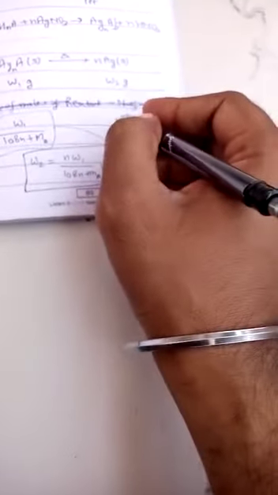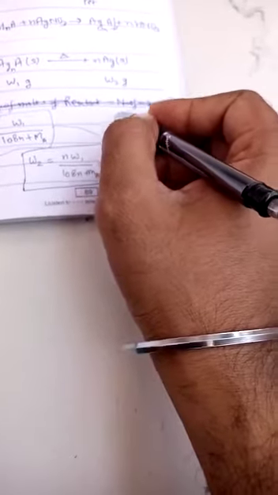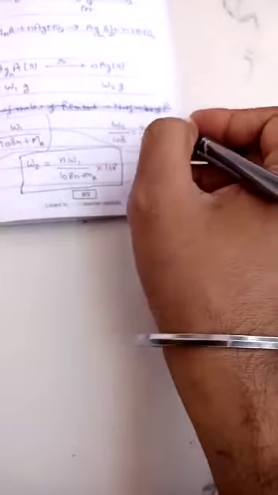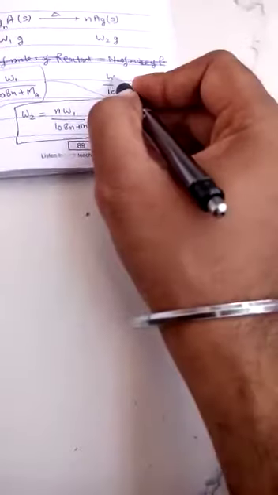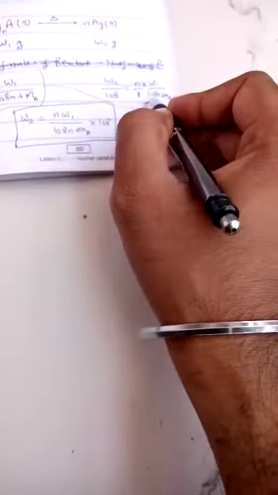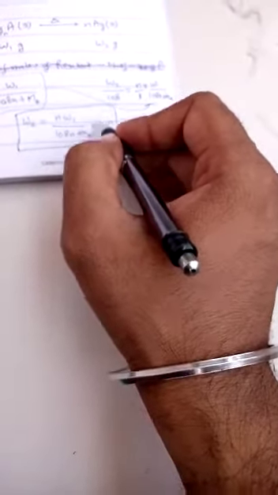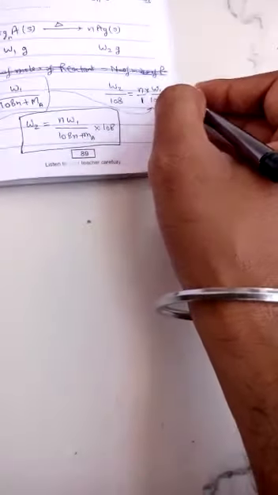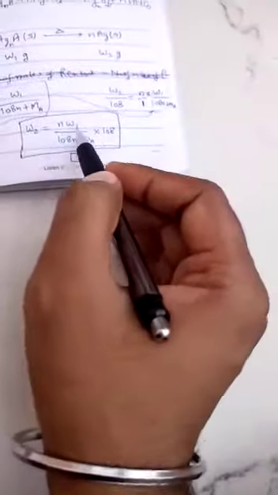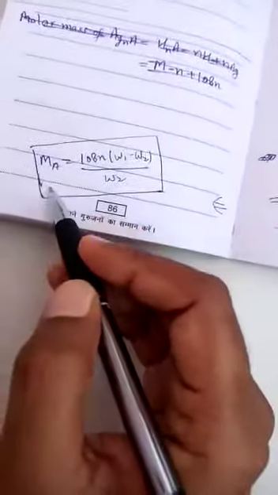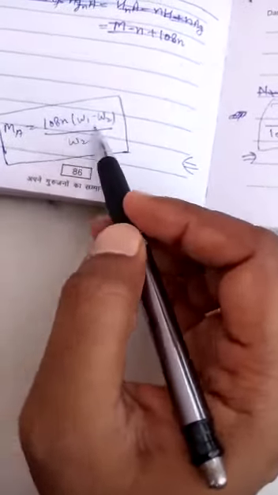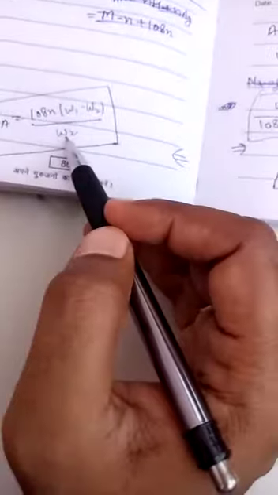multiplied by the number of moles of the reactant part, divided by the number of moles of the reactant part, here number of moles is 1, will be equal to the number of moles of the product part, which we already found is W2 upon 108. Now when we solve this equation, we will find W2 is equal to nW1 divided by (108 n plus Ma) multiplied by 108. This 108 will go here. Now if we solve this equation, we will find Ma is equal to 108 multiplied by n W1 minus W2 upon W2.